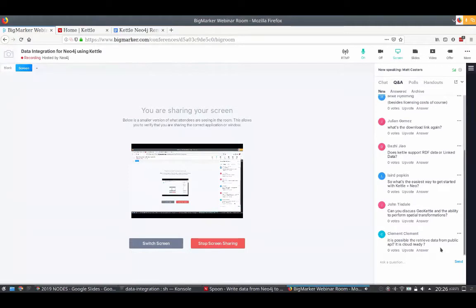Is it possible to retrieve data from public APIs? So yeah, we obviously have steps like the REST step or HTTP client steps, which make it easy to extract information from a variety of sources. Is it cloud ready? Yes, very much. Since Kettle does not have an installation footprint to speak of, it's easy to see that if you don't have any need for installations like repositories or license keys and that sort of stuff, you can run it in any kind of Docker container. Some friends of mine even ran it in a Lambda, for example, in a serverless scenario by